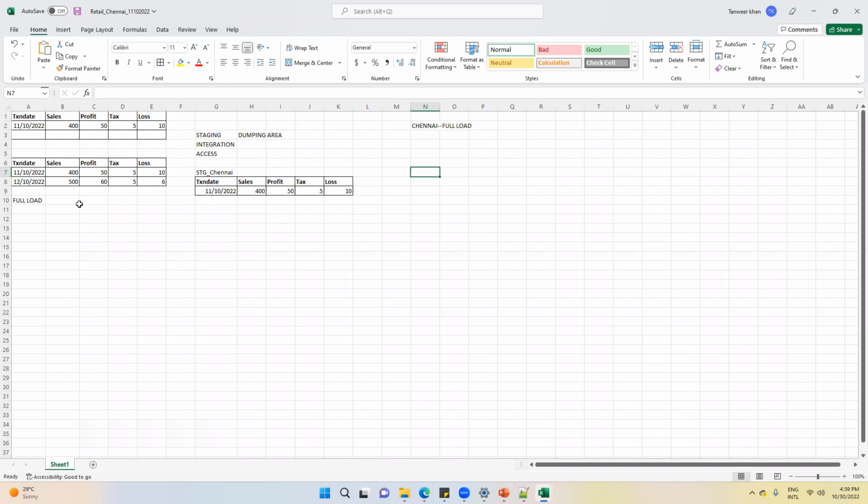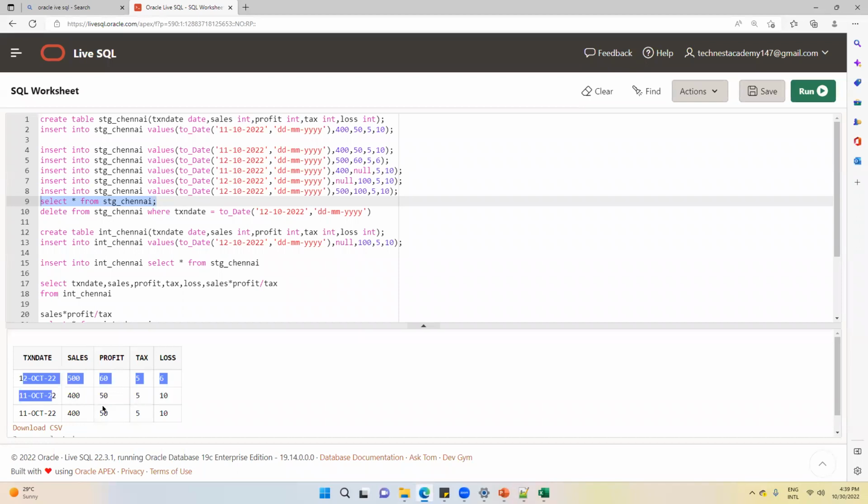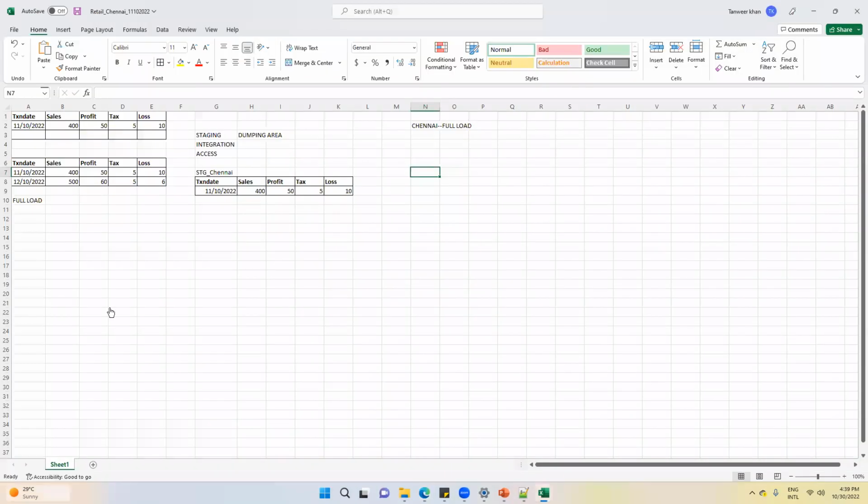It happens. The source team can send the data of the previous day again. That is a different scenario, I will teach you after some time. But here I have trouble or not? I'm in a problem here, right? This data is duplicate. Correct? Yes. Clear? So this is known as full load.